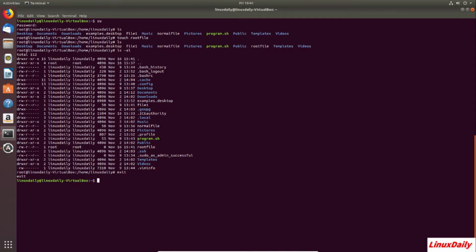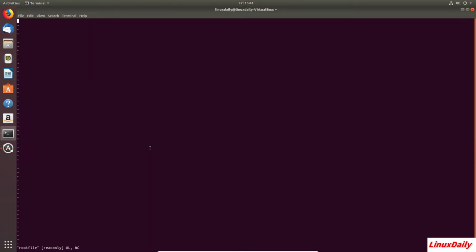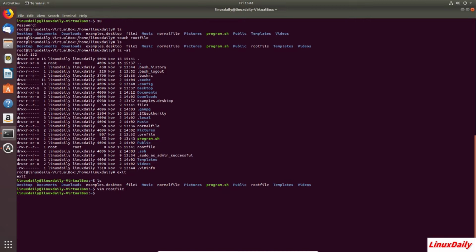So if we X out of here and then you try to edit it, well, we do have sudo on here, so that's probably why it overrode it. But if you are on a normal user that does not have sudo, having that permission will not let you, if you're not a sudo user. So you can just go ahead and